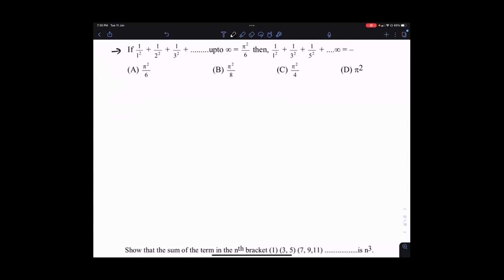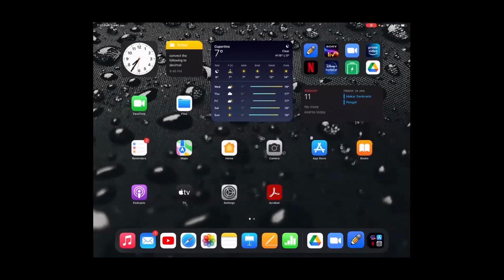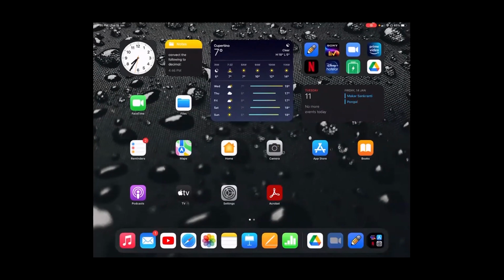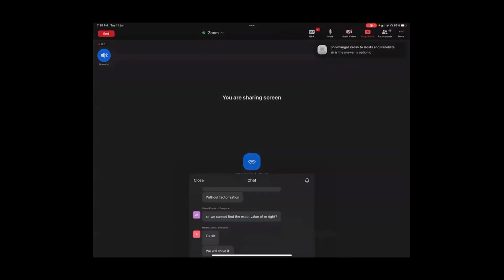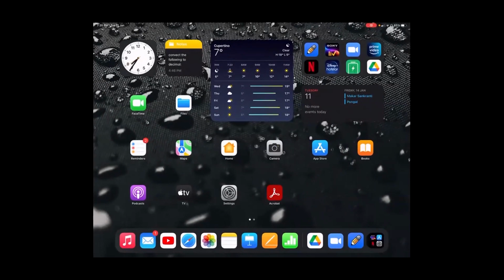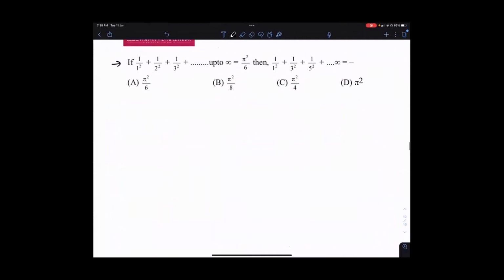Okay. So any answers? Let me just check. The answer is option C. Okay, let us see which one is the correct one. You can see obviously the even terms are missing, right? So what you do is, in the given sequence, 1 by 1 square, you combine these odd squares, and what will be remaining is the even squares only.